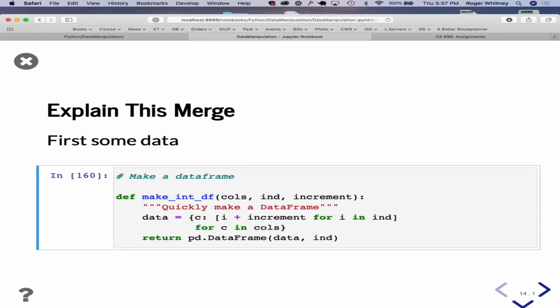So I'll pass an increment, right? For each of the columns, we add one, right?